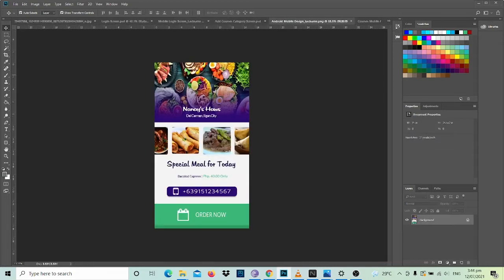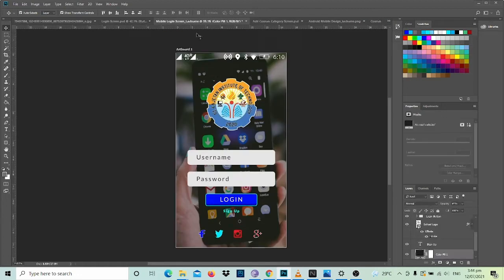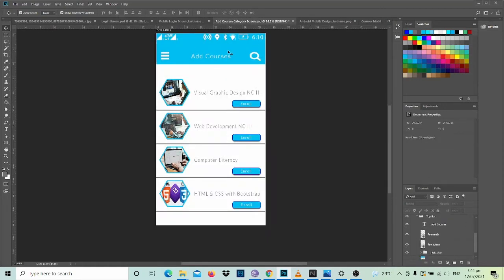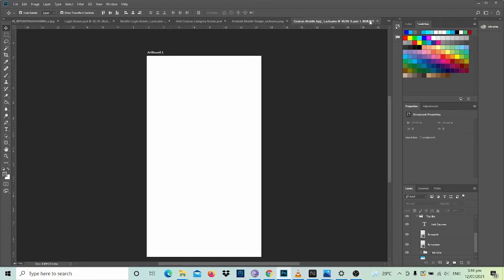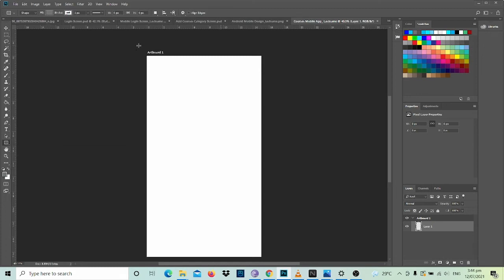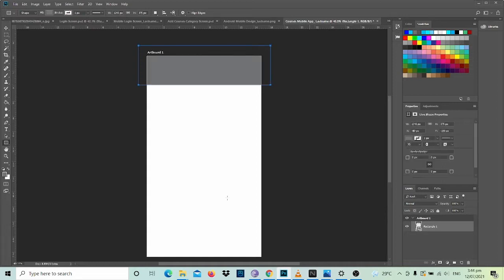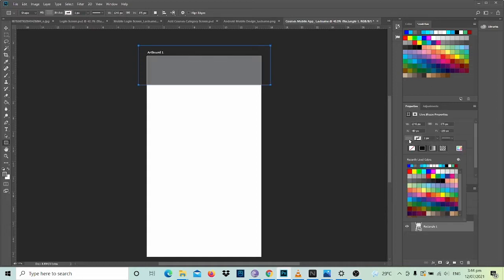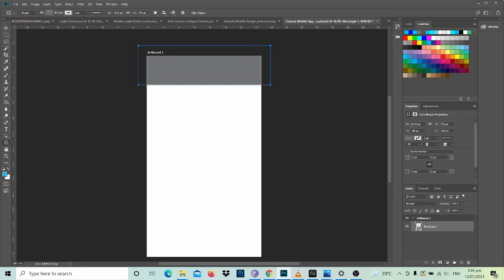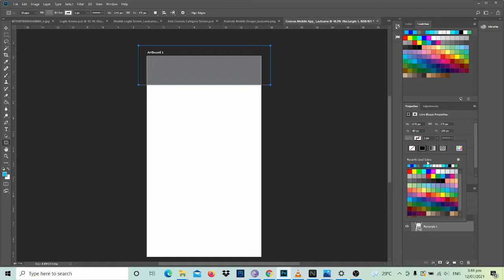The same as in the Android mobile. No, sorry, I already did this. The same with the top bar here. So we will make a top bar, including the status bar. First, you have to use a rectangular tool here, and then put it here, and then change the color into something blue. Something blue, like this, a lighter blue, but for this activity we will use blue because I think blue